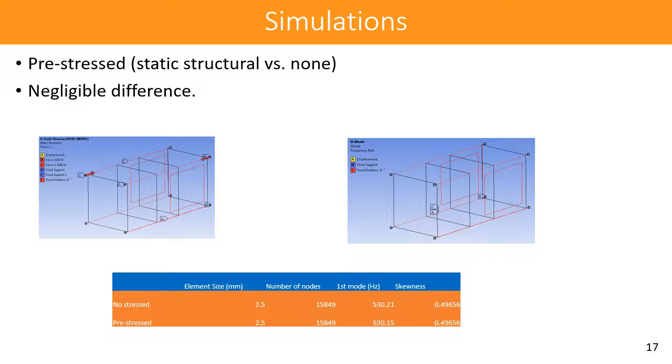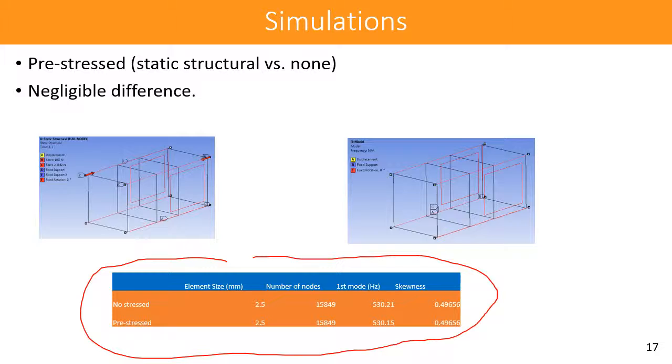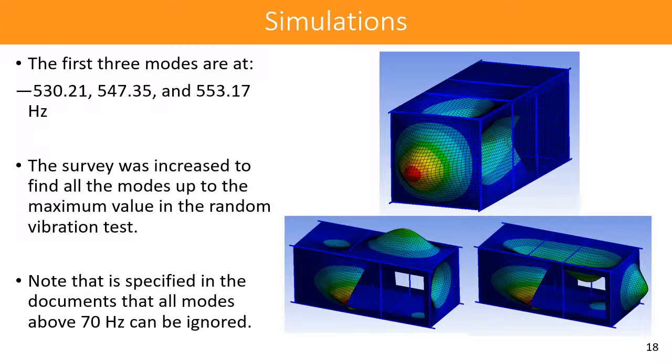So I did not find any difference between the pre-stress model survey and the non-stress model survey. However, this was expected because the force is extremely low. So you can see the results here. There is no difference in the first mode. In these figures, I show a visualization of the first three modes that occur at 530, 547, and 553